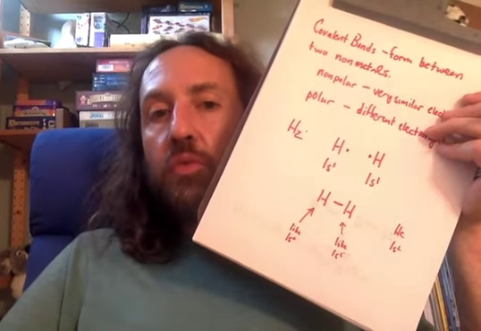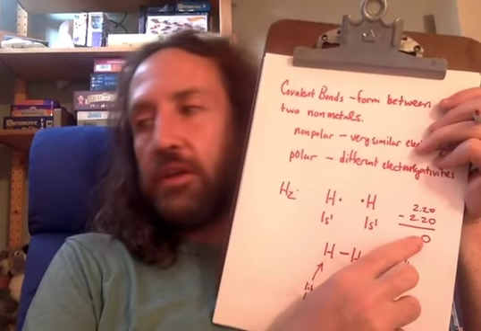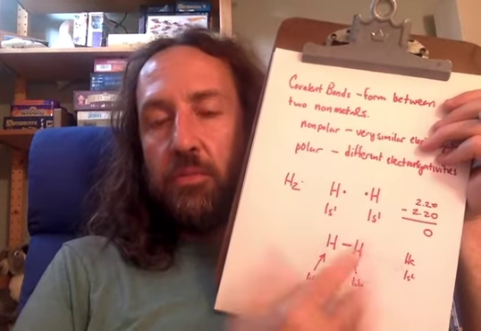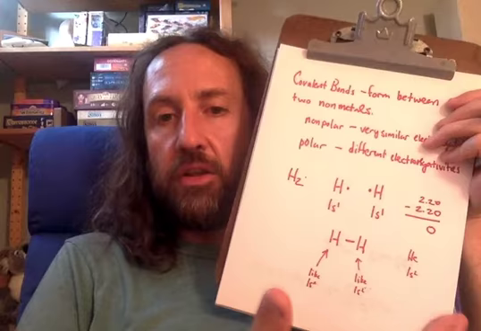Now, when you look at hydrogen, each hydrogen is 2.20. You take the difference, that's a 0 difference in electronegativity. And so this is a perfectly nonpolar covalent bond. Now, when we look at oxygen, oxygen has 3.44. We'll do double bonds next, but if you think about water,